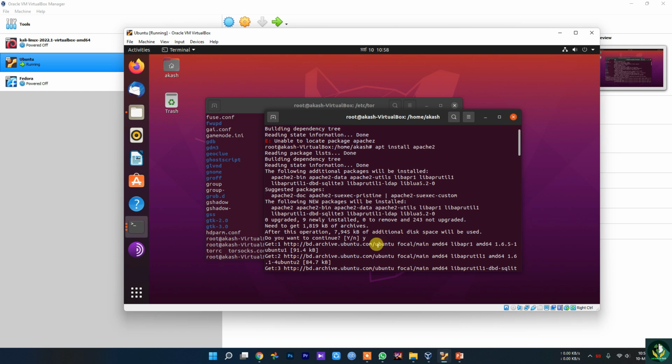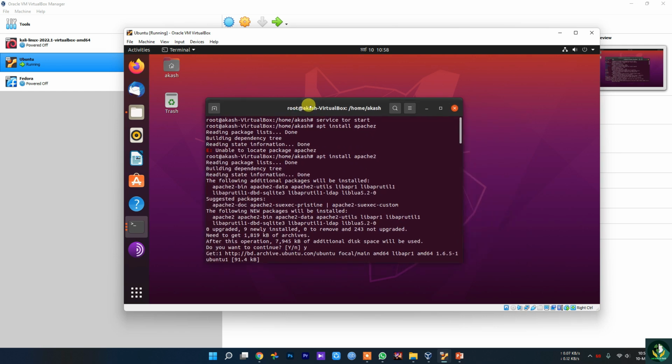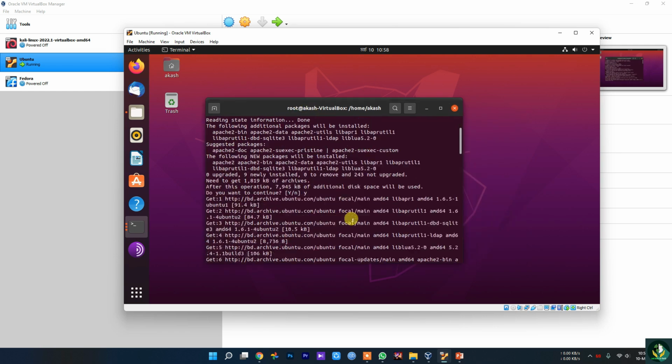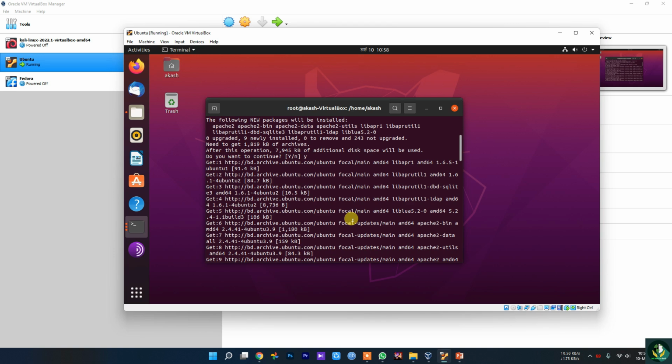It will take a couple of minutes, so don't worry, this will take some time. And this is the Apache 2 server for those who don't know.